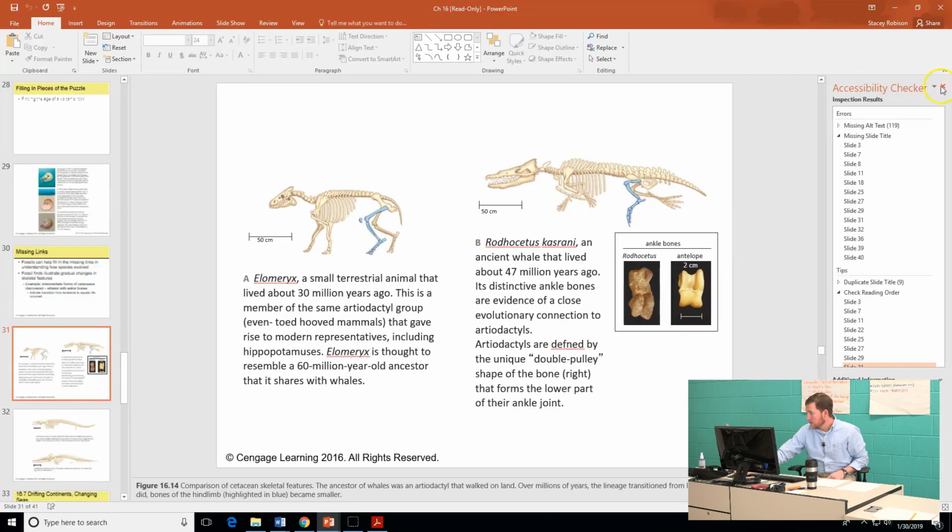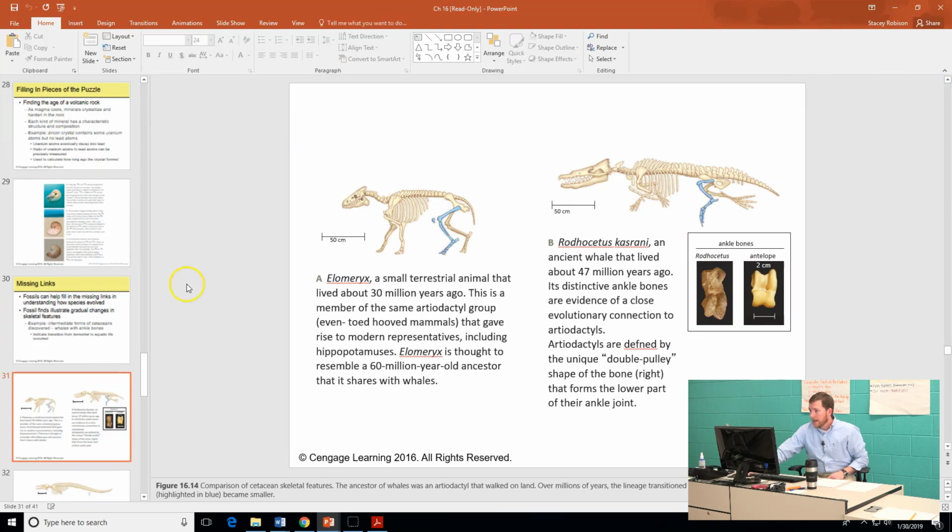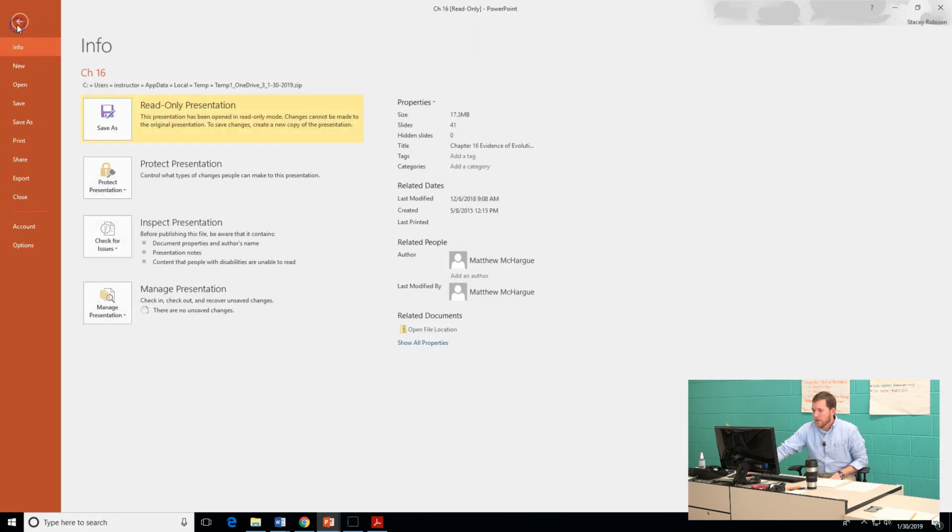Let's get rid of all of this. All right, so the same thing applies to PowerPoint that does Word. Obviously, they're both Microsoft products. So to get to the accessibility checker in PowerPoint, we will go to File, check for issues, check accessibility, or